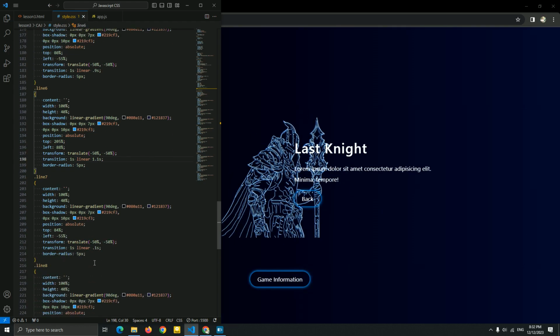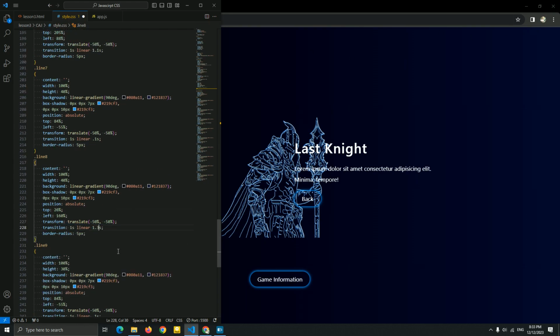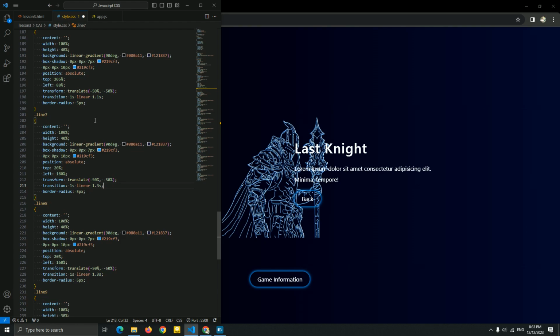Line 7 left be 160%, and the top be 20%, which is like line 3. Oh, I'm sorry, this be line 7. This be line 7. Okay, for this line 8.